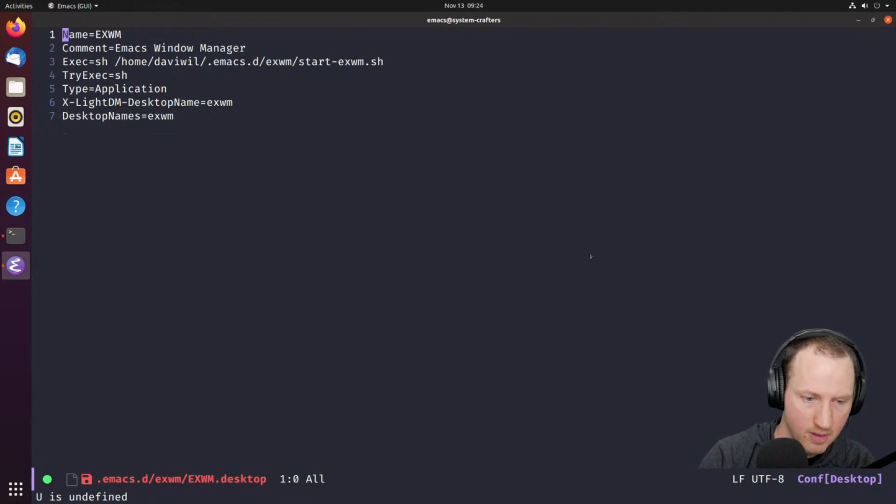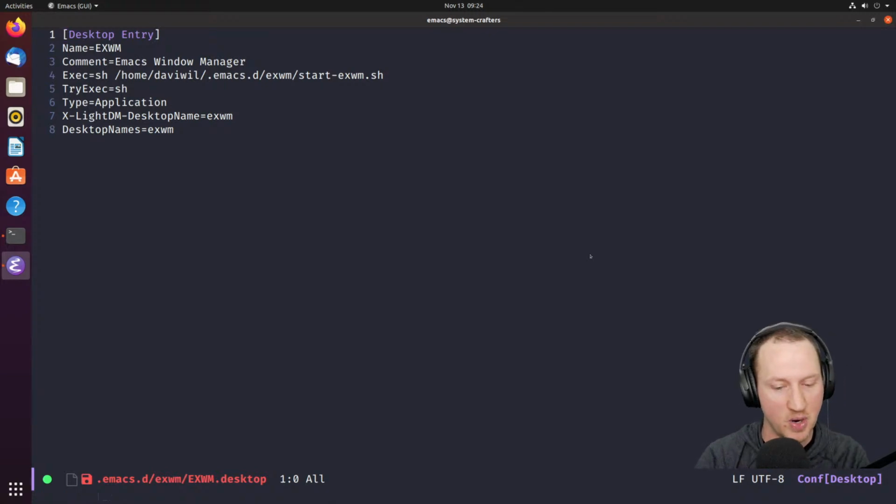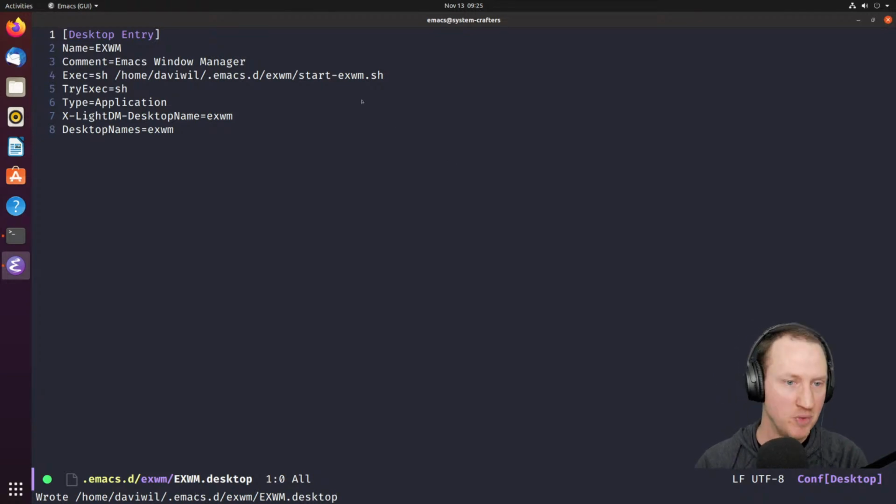Yeah, so the thing is I don't have caps lock set up correctly yet inside of the VM. My normal caps lock pressing goes to control, but in the VM it doesn't, so I have to watch out for that. So this desktop entry says that we are setting up the Emacs Window Manager, and we're going to launch